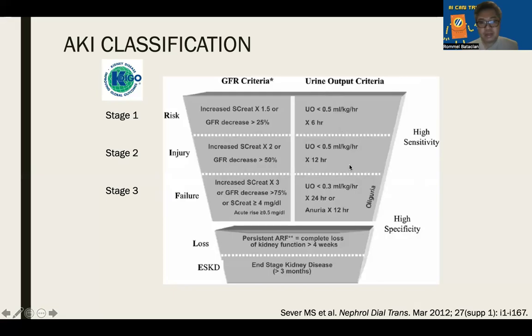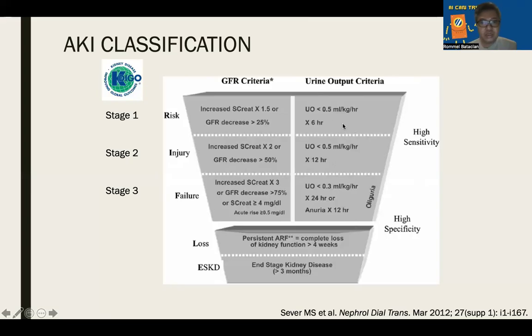Urine output. The problem here is that sometimes it's very unreliable, even in history. Sometimes they would say that the individual hasn't urinated for 6 hours. Sometimes you can use that as a parameter also, but it's very important to also accurately monitor the actual urine output when the patient is already in the healthcare setting.